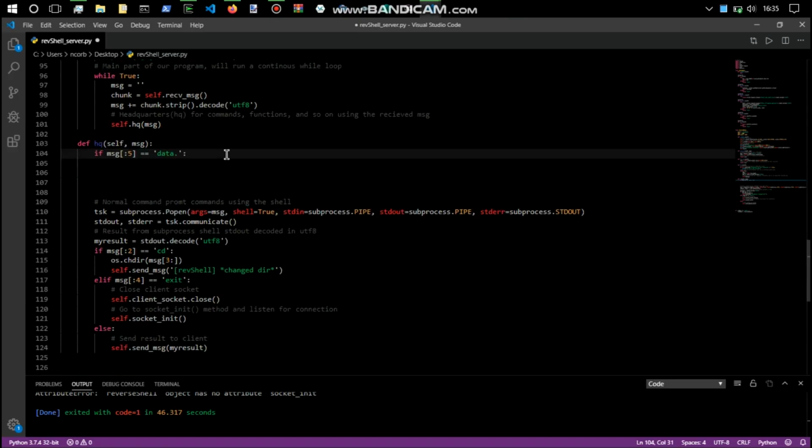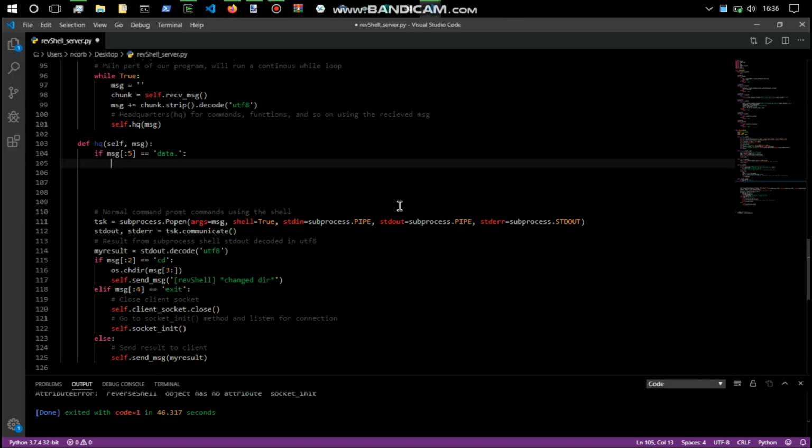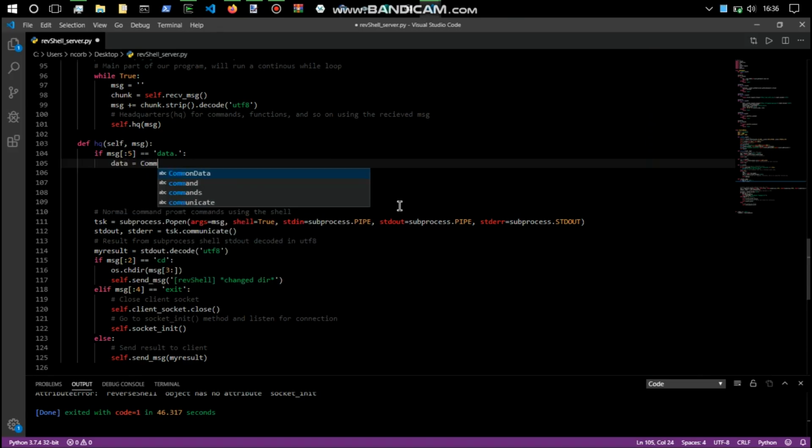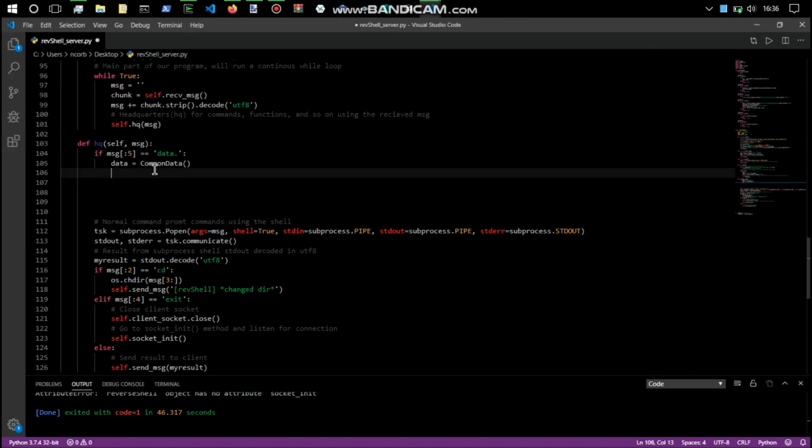So if it's equal to data, we first need to create an instance, an object of the common data class, so we can use it. So we're going to do data equals common data. So now we've just initialized an object of that class. With that said, we can do if message index from 0 to 10, which will be for the data.mac, because data dot is 5, and then with the mac it's 10. So we do that equals to